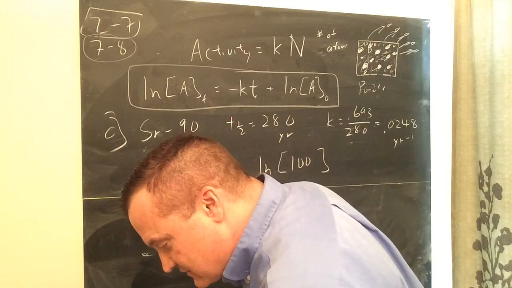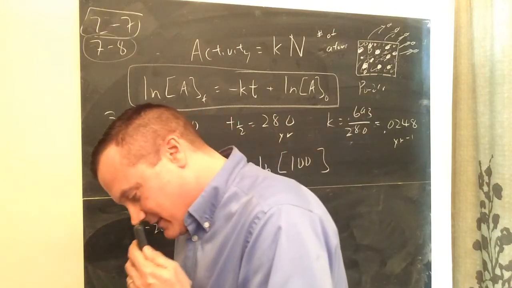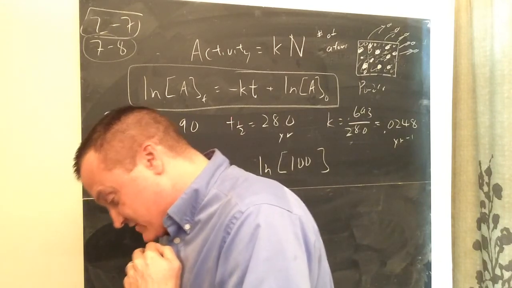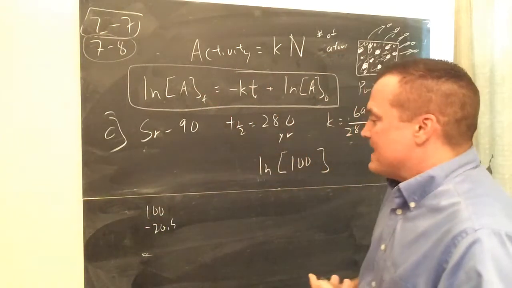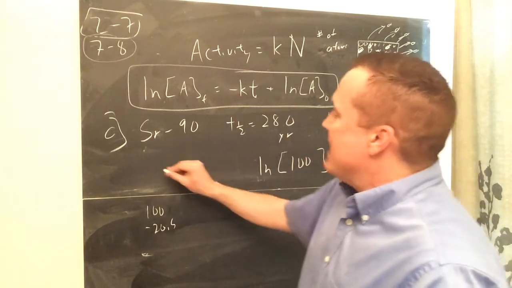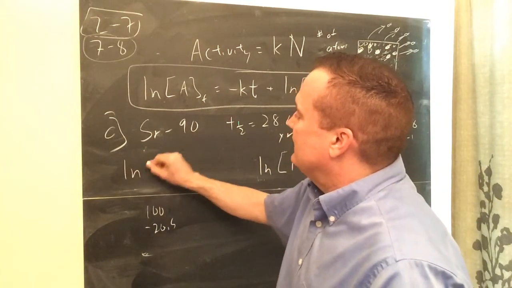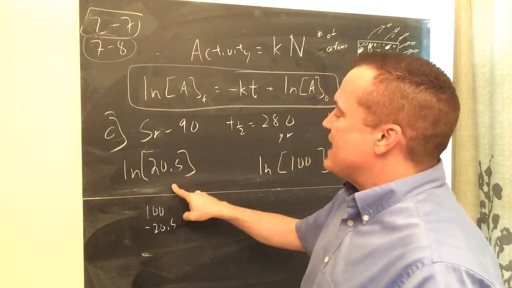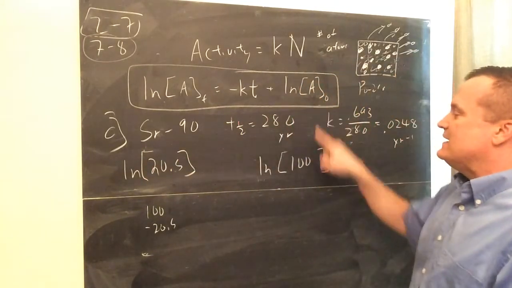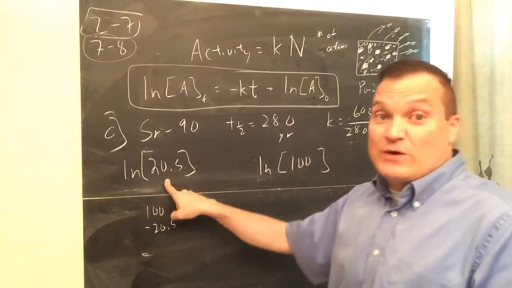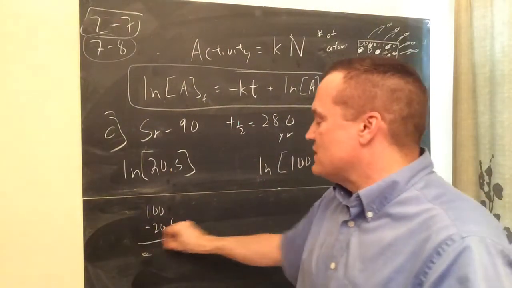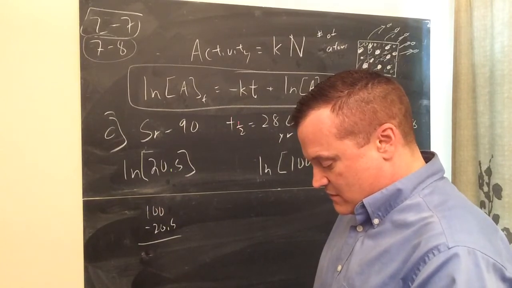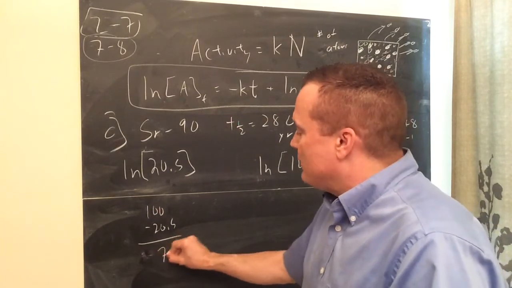Oh no, I'm reading it wrong. You've got to read these questions carefully. If 20.5% of its original amount, okay, that's not the same. So that is the part remaining, Ln of 20.5. All right, so it goes down to 20.5. You start at the beginning, you had 100%. At the end, you have 20.5%. So this is what I was telling you before to think about. 100 minus 20.5, 79.5%